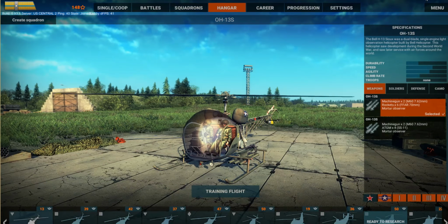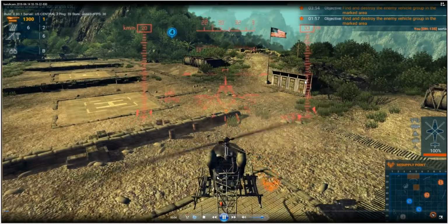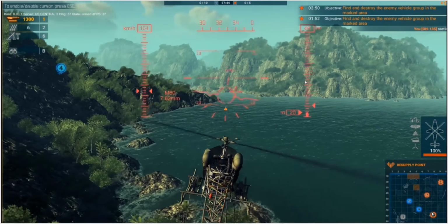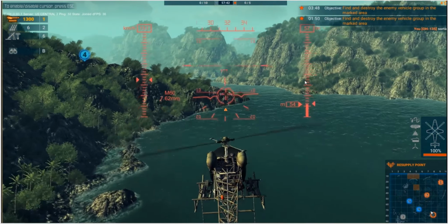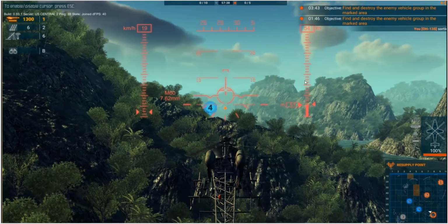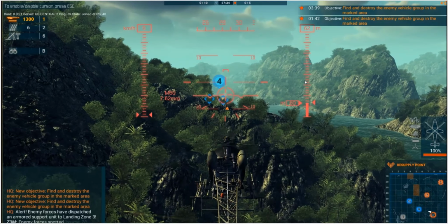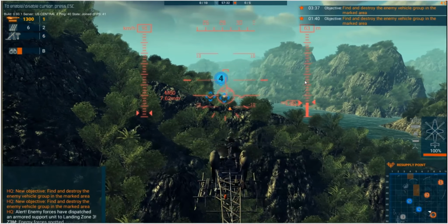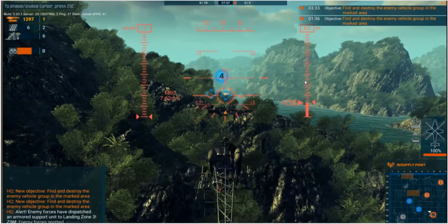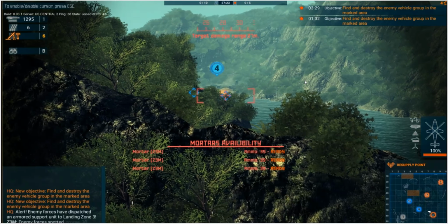Alright guys, back with some gameplay in the OH. This being essentially a scout helicopter or an observation helicopter, you do carry a mortar spotter. I've already laid down a couple of mortar crews here to give you an idea what this thing does. It does not have the greatest armament, you just don't get shot with this thing. You will get beat up to no end. However, it is great at taking out